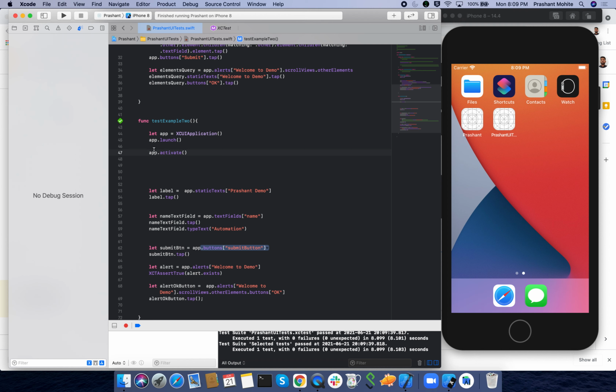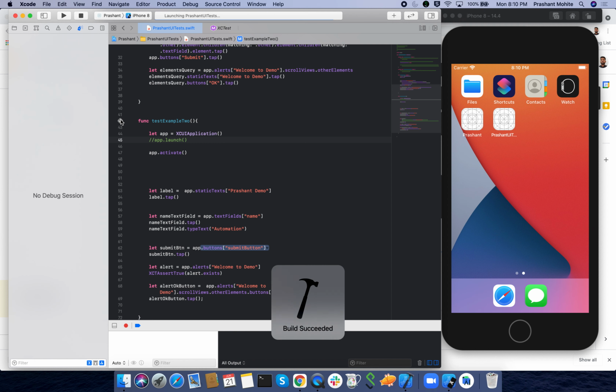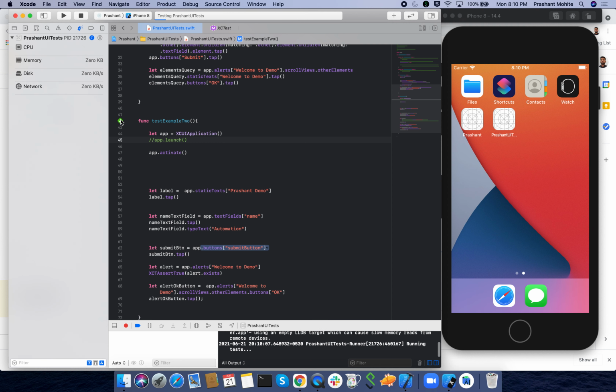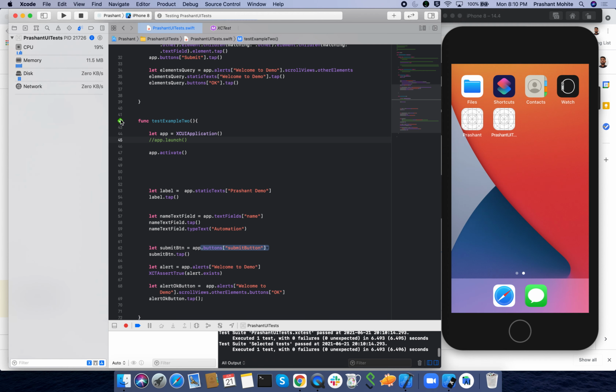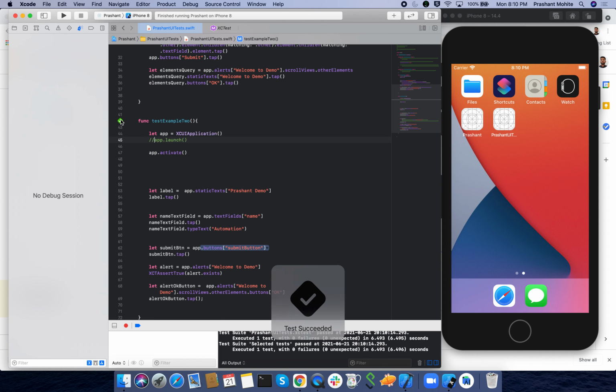Now we'll see this with activate. I am putting app.activate, and here the app is not open yet. If I run this test, you see it has created a new instance and is running the test cases, because the app screen was not there.